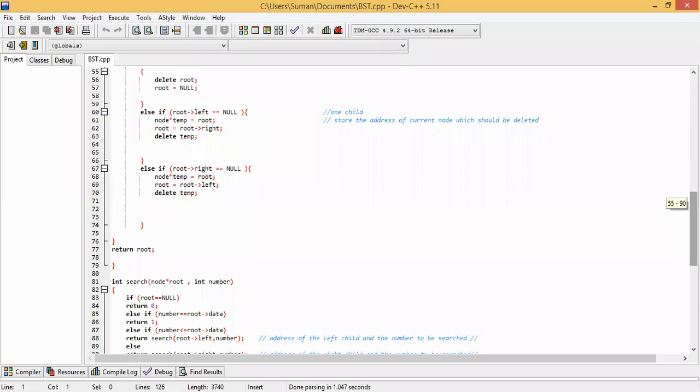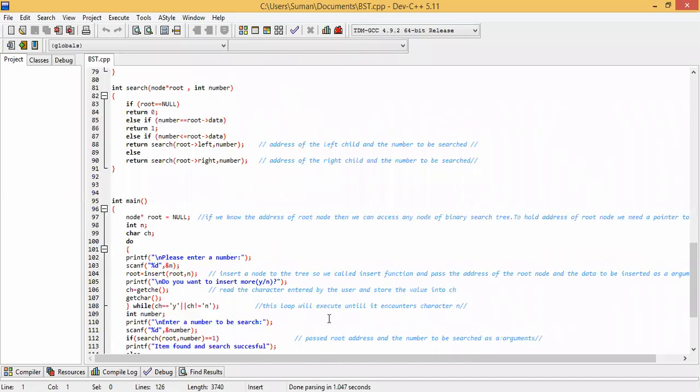So now we will again go to the main function. Through this we are inserting the data. Here you can see I am using printf, do you want to insert more? This condition may arise, that you are not entering only one node, you may want to add more nodes also.